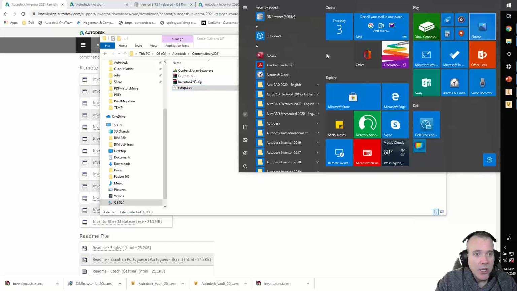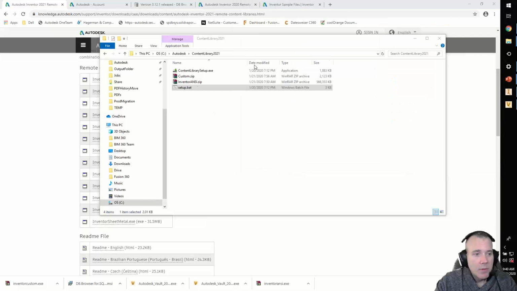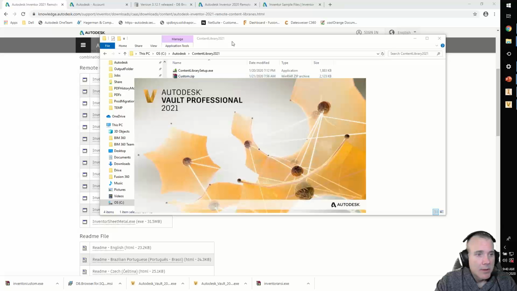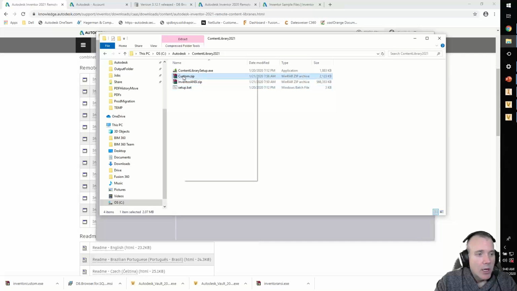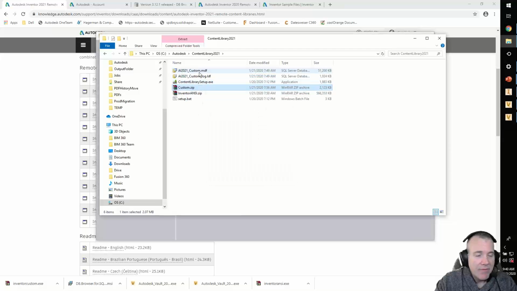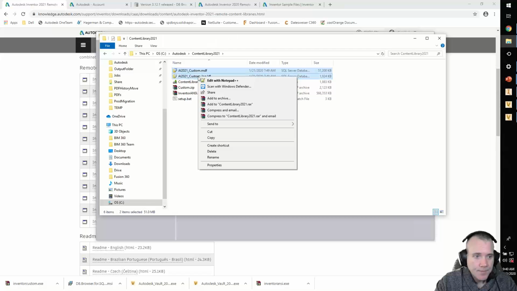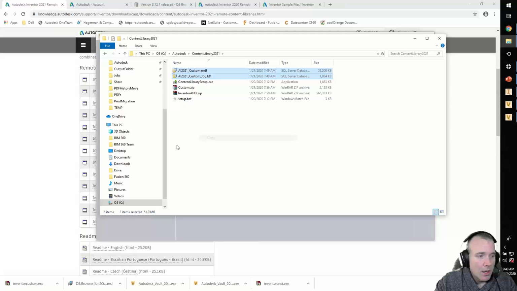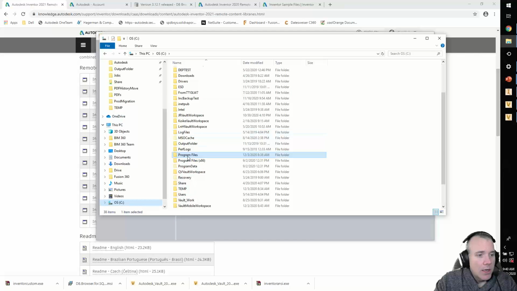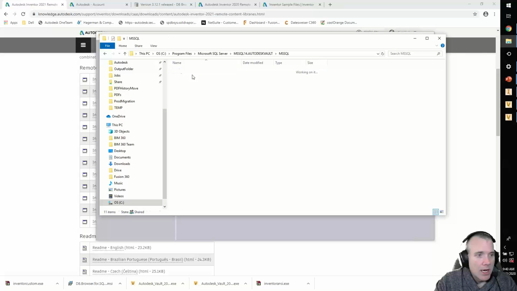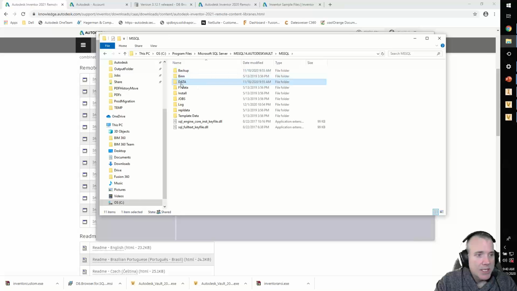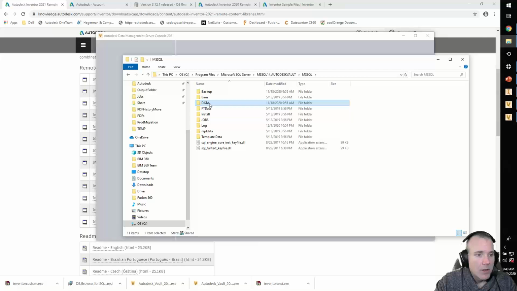But I'll show you, if you would rather attach them separately and manually, you can always just extract the zip file to get the MDF and the LDF files. And then you would usually put those files into the same folder as your existing Vault databases, right? So maybe in this data folder right here,